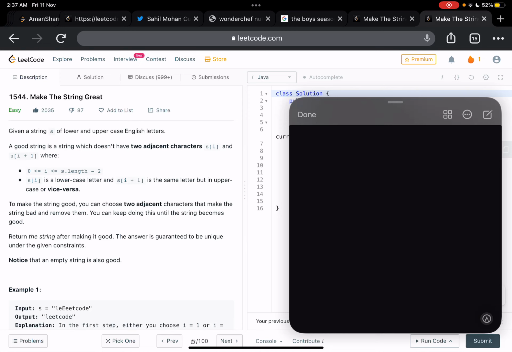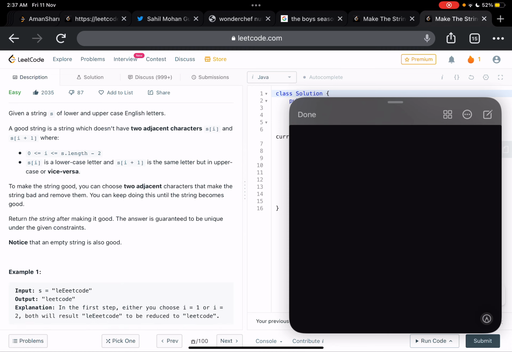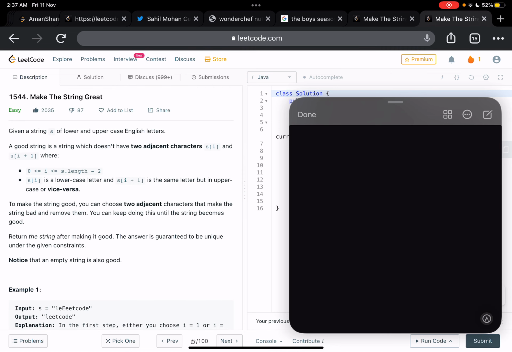Okay, currently we are going to this question 1544, Make The String Great. It is an easy question and very easy to solve as well. This question is saying that given a string s of lower and uppercase English letters, a good